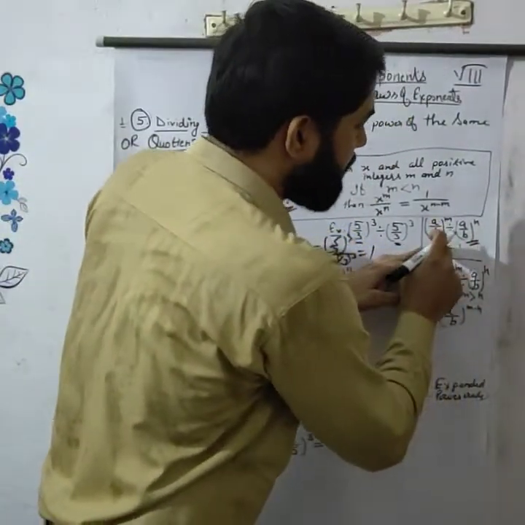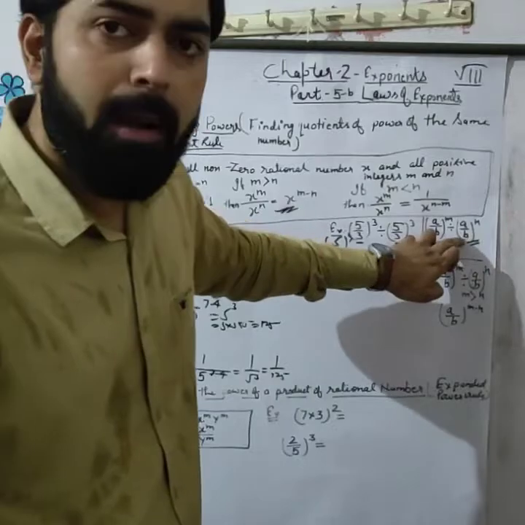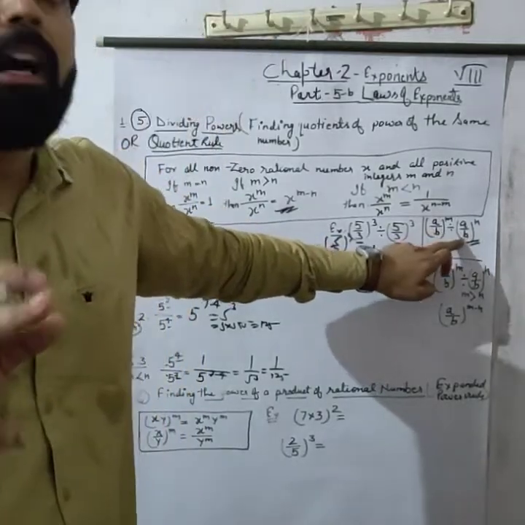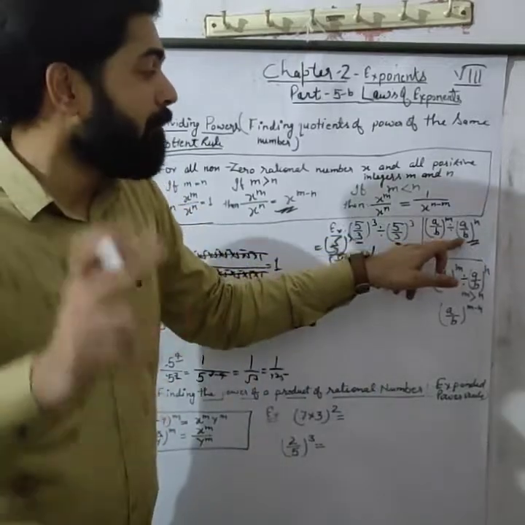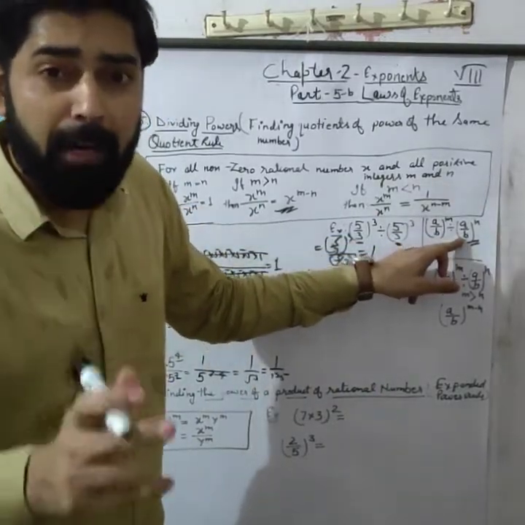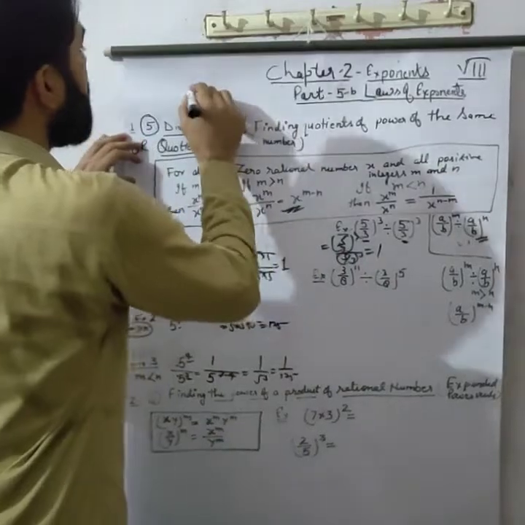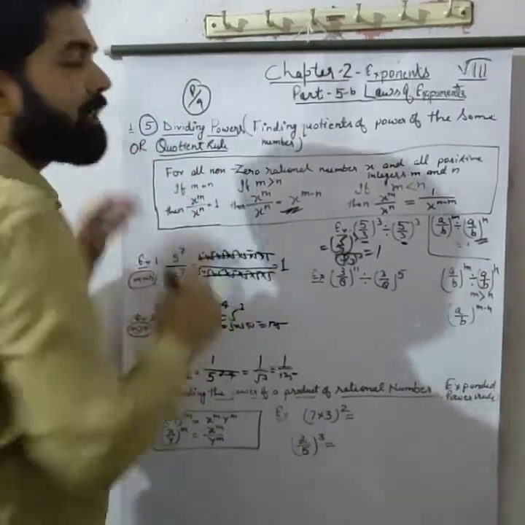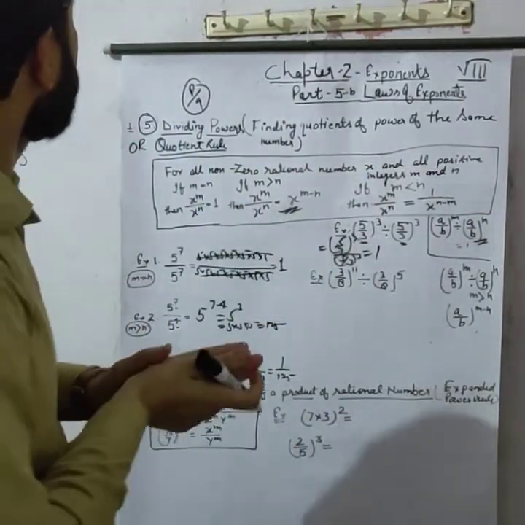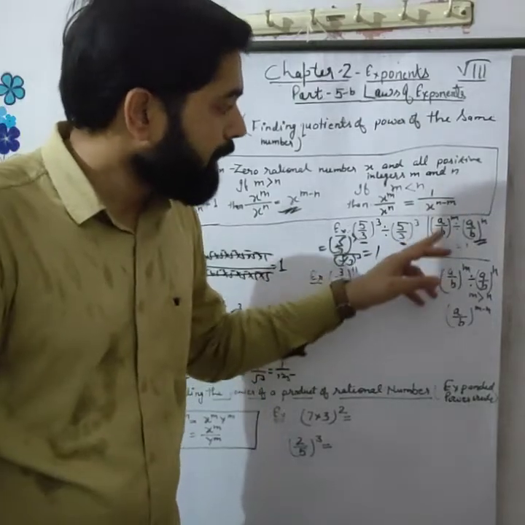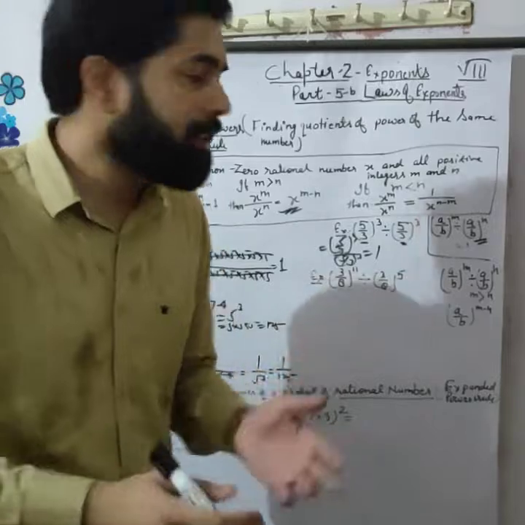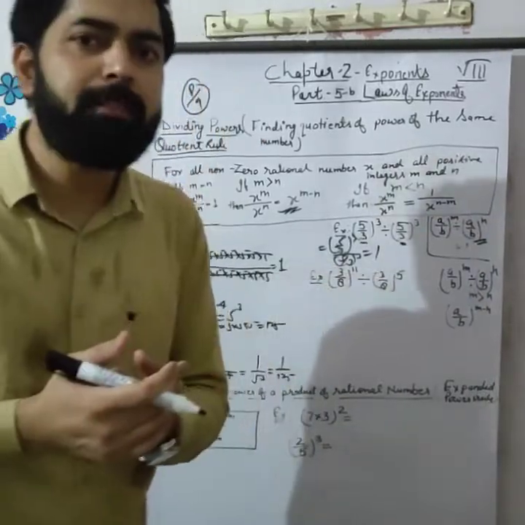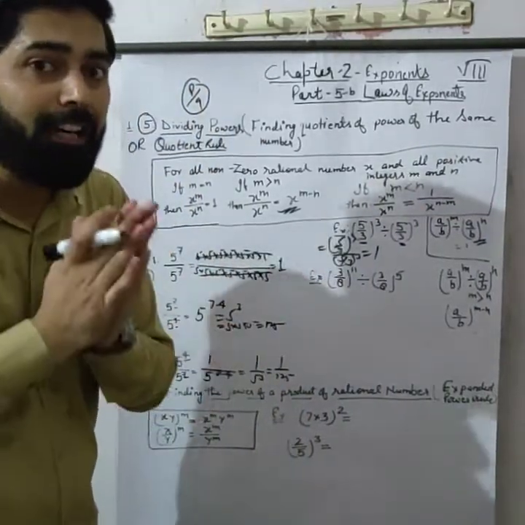Here we can use this condition, A upon B. This is the numerator and this is the denominator. Both are given in rational number form. And what is a rational number? A rational number means a number which we can write in the form of P upon Q. That number is known as a rational number. So (A upon B) power m divided by (A upon B) power n, when m is equal to n, means if the powers are equal, then the value will be 1.